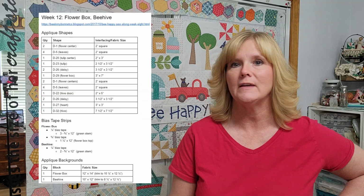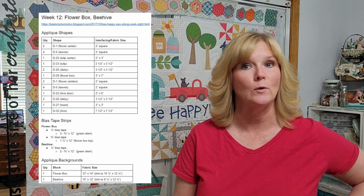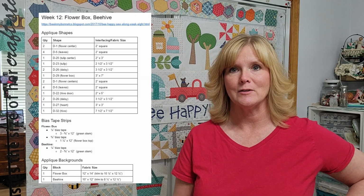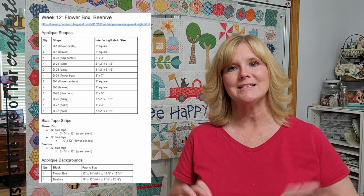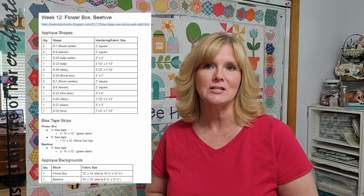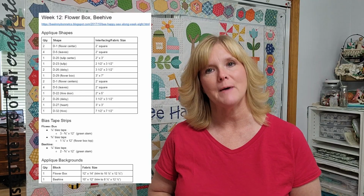So that's where we're at this week, and I'm going to go ahead and put up a list of supplies. There are quite a few things to gather on that too. We're only making 2 blocks, but both of them have flowers in them, so we also have leaves. So we have lots of little shapes to turn out this week. In addition to the applique shapes that we're turning out this week, you also have some bias tape. I once again lucked out and had some bias tape left over from previous projects in my stash,